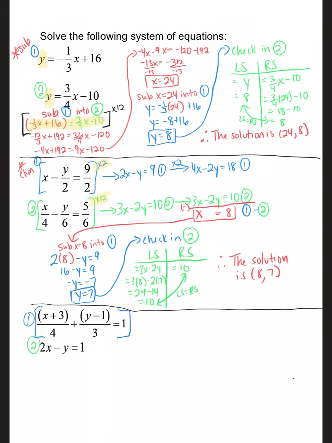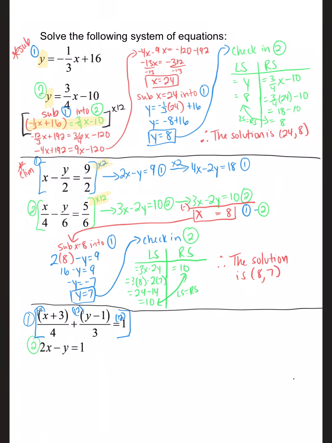Okay, so we have a denominator of 4 and we have a denominator of 3. So that means our lowest common denominator is going to be 12. So we have to multiply everything by 12. And so I'm just going to rewrite that because we won't have much room. I'm going to multiply 12 here, I'm going to multiply 12 here, and I'm going to multiply 12